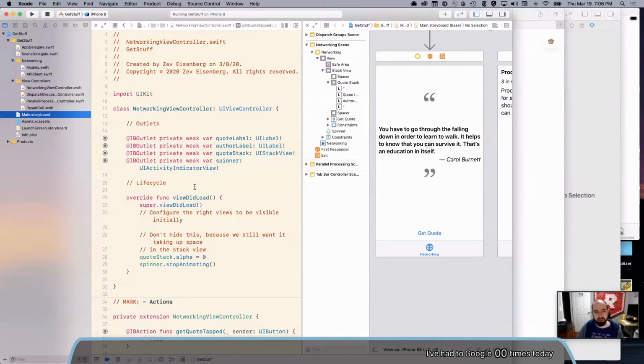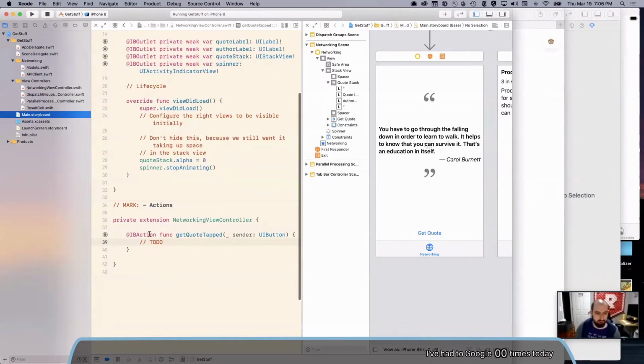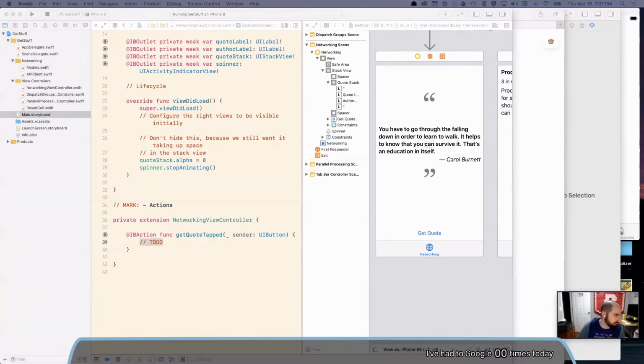And so the basic idea is, here's the handler for when I click this get quote button. And we need to do something that will cause the app to go out to the network and get the quote and then display it in the app. So to do that, we actually have the API client with the method stubbed out already.